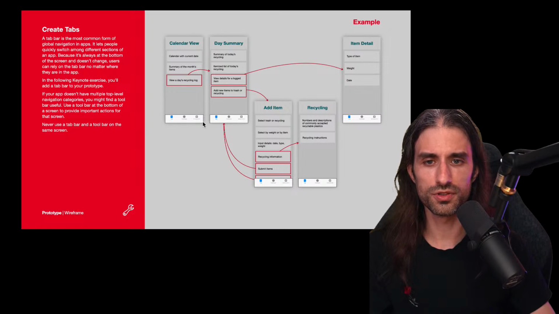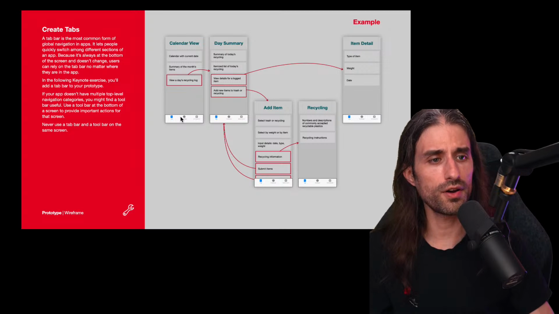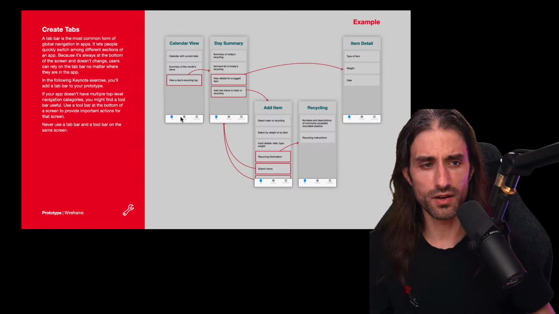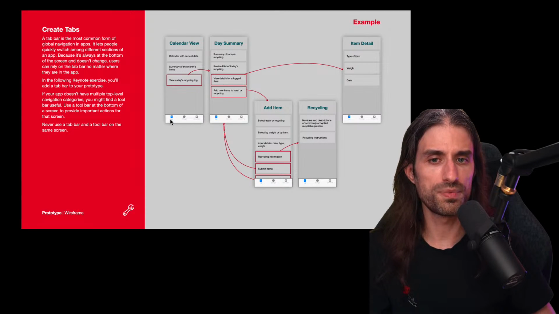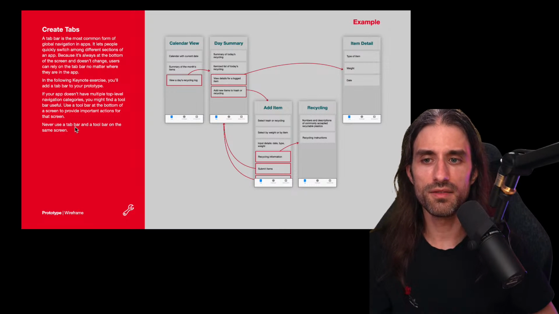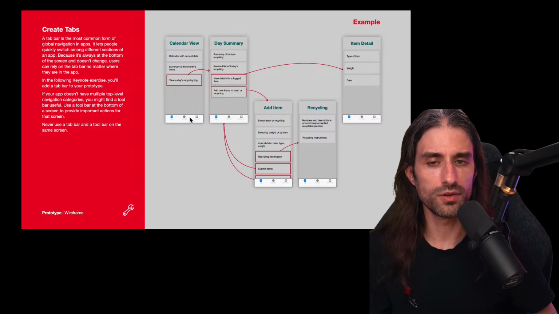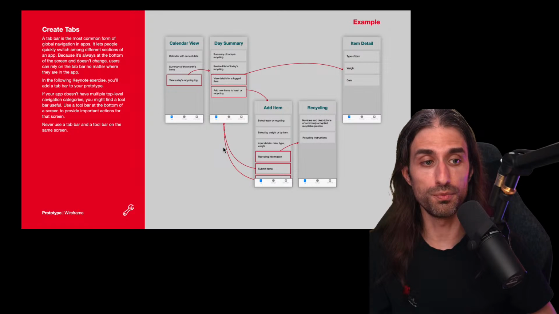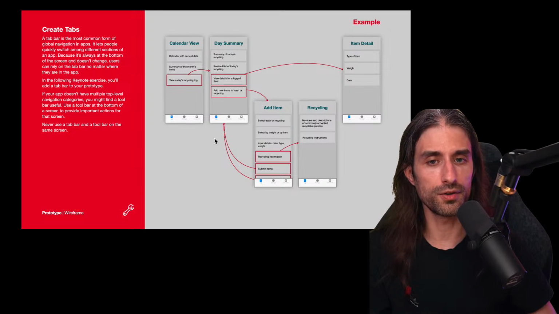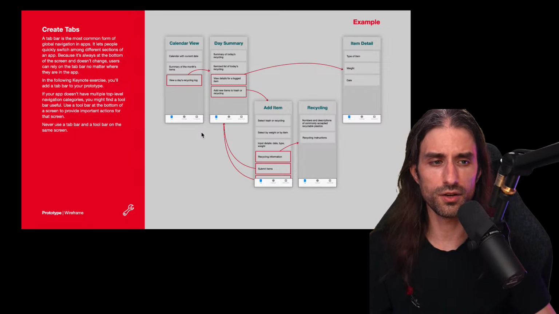Okay, so yeah, they show how to put the tab view at the bottom. So remember, in the early slides, there was this link to be able to download all of the graphical assets so that you can then copy and paste them into Keynote. And they say something interesting: never use the tab bar and the toolbar on the same screen. A toolbar is also the bar that you can put at the bottom of the screen to add buttons into it. Typically, what the Notes app does, and indeed, you don't want to have a toolbar and a tab bar, because then it overloads the bottom of the UI, and it's kind of confusing for your users.